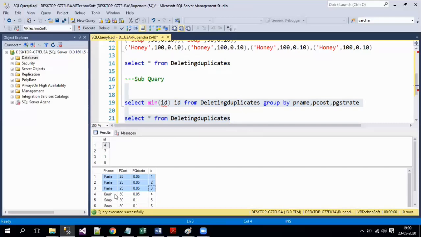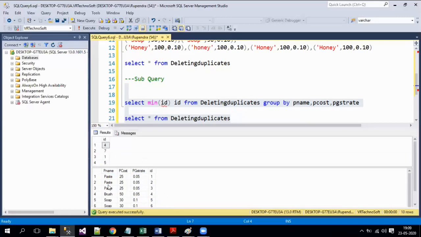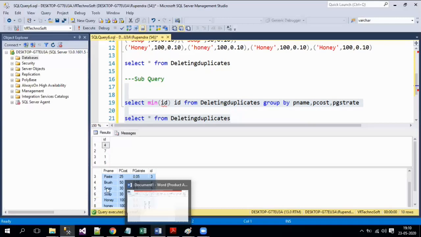On top of brush it gives 4 because it has only one row, on top of soap the minimum value is 5, and on top of honey the minimum value is 7. Totally we have 4 products, so 4 groups are formed, and from each group the top row has been selected because we are selecting the minimum row. So these are the distinct rows, and the remaining rows are the duplicates.